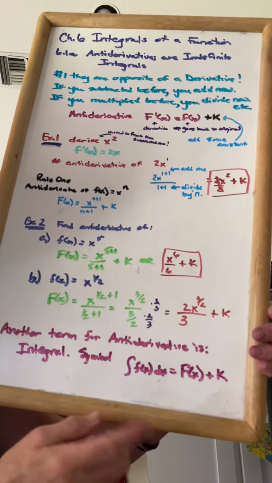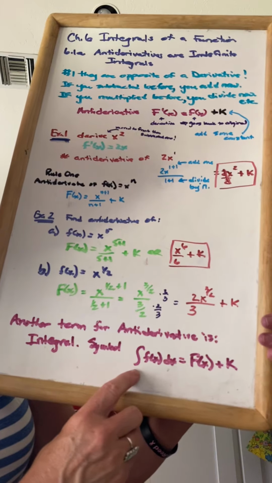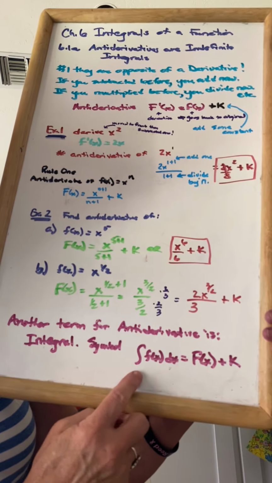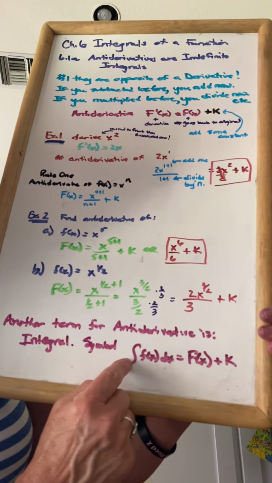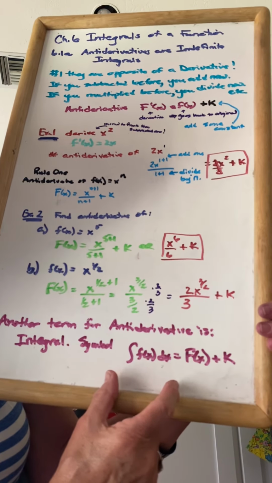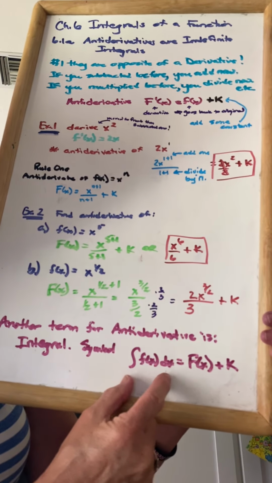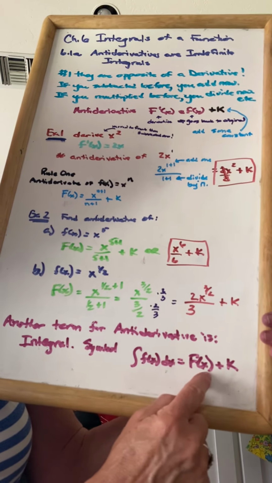Another term for derivative or antiderivative is the integral symbol. So now here's a symbol. Now this is going to be interesting because the other squiggle and the dx are kind of like closed parentheses. That means find the antiderivative, which is the integral of some function, is going to get some other function plus